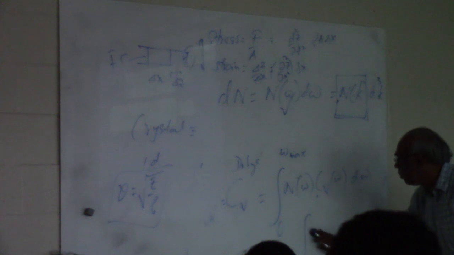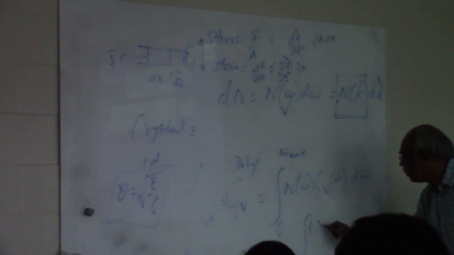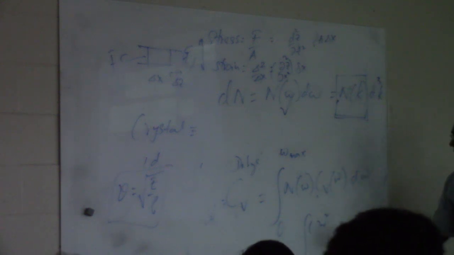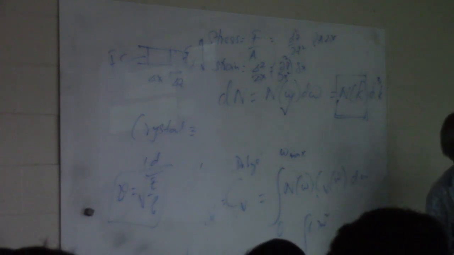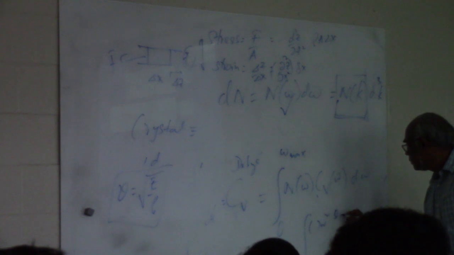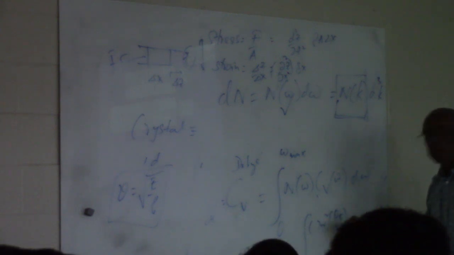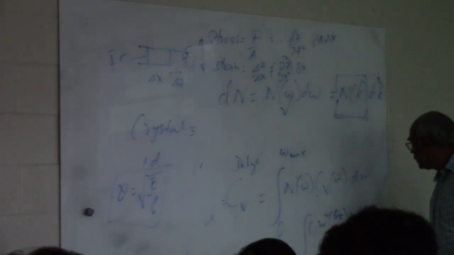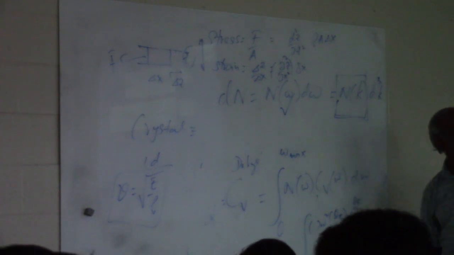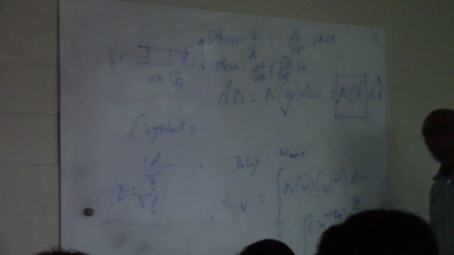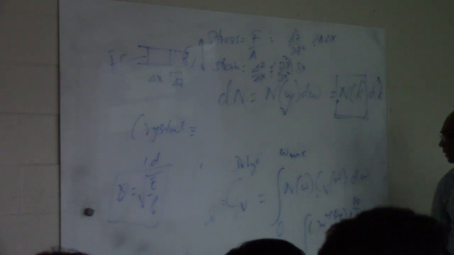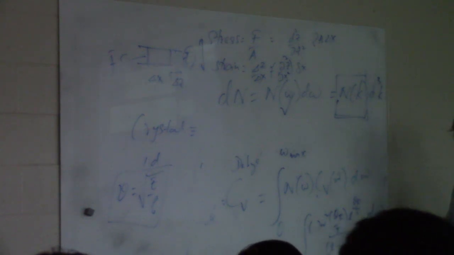This one, n omega, is now some constant times omega squared, right? In omega. So this one has all these functions: a constant, then you have theta E over T, then you have e to the theta E over T divided by this exponential minus 1 squared. That's it, right? So then we have d omega. So now if you substitute this one, you will see